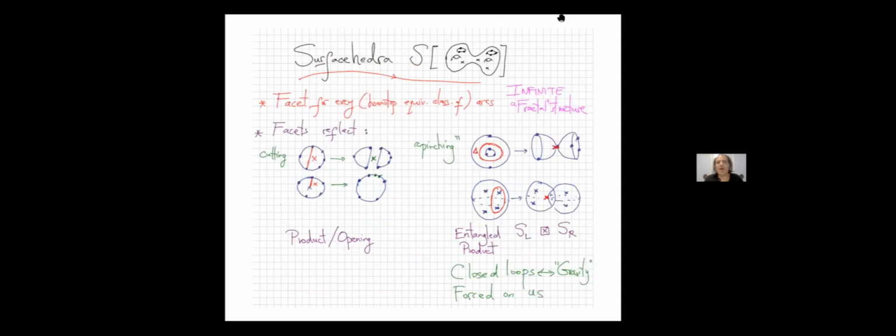Okay, so a quick reminder of the story that Giulio summarized. Surfacehedra are polytopes that are associated with any two-dimensional surface. And as he explained, these are polytopes that capture the combinatorics of non-crossing arcs on this surface. So there's a facet of this polytope associated with every homotopy equivalence class of arcs.